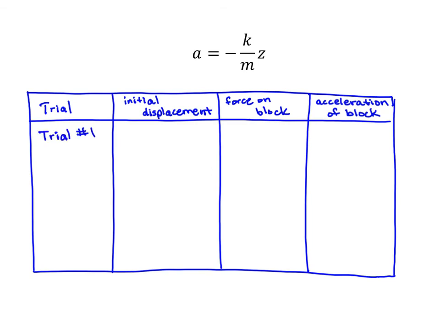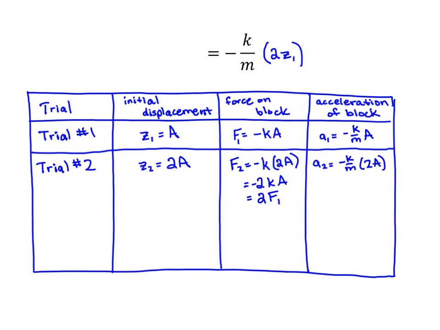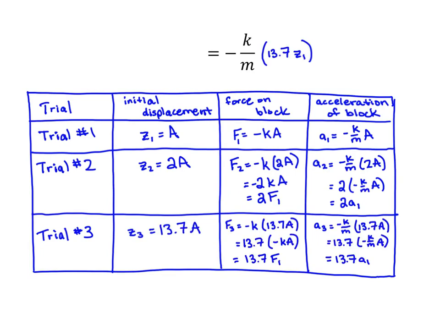The first time, we shouldn't pull the block down very far, so the force on it and therefore its acceleration is kind of slow. The next time, we'll pull it down twice as far. Its initial position is then twice the initial position from before. This means that the initial force on the block doubles, and it also means that the acceleration of the block will double. Notice that no matter what you multiply the position by, that is, no matter how far you pull the mass down before releasing, the change in acceleration exactly matches the change in position, bringing you right back to